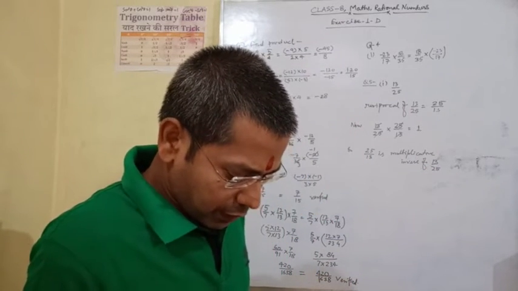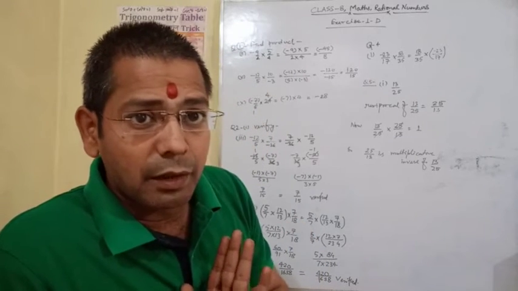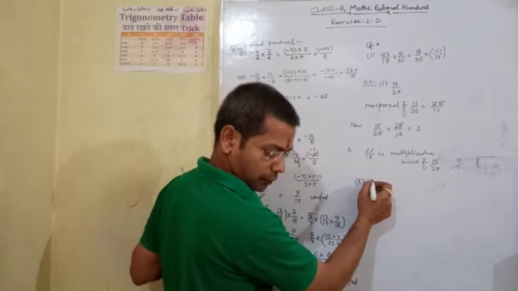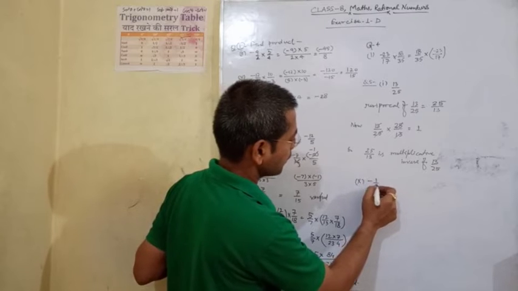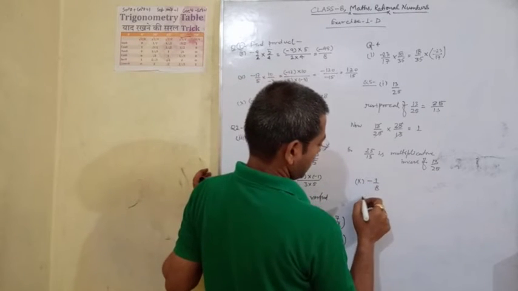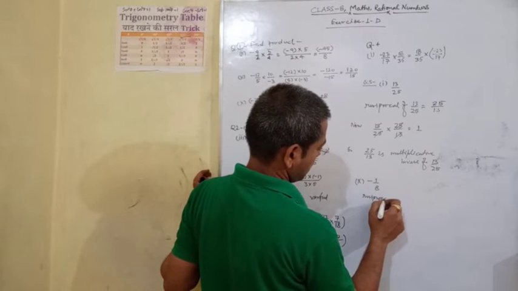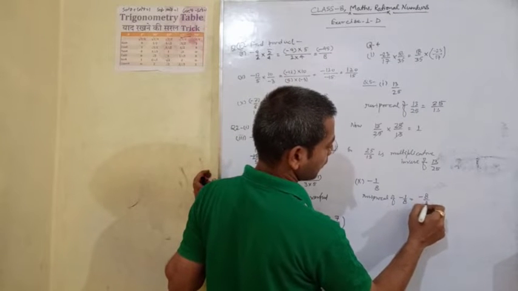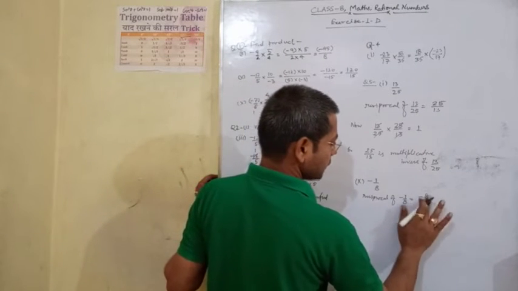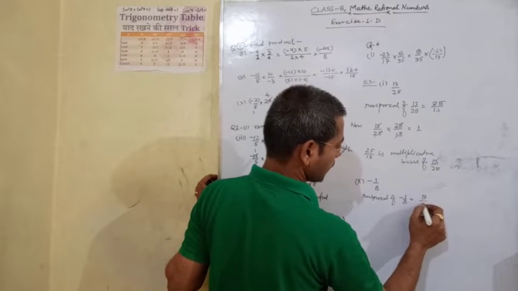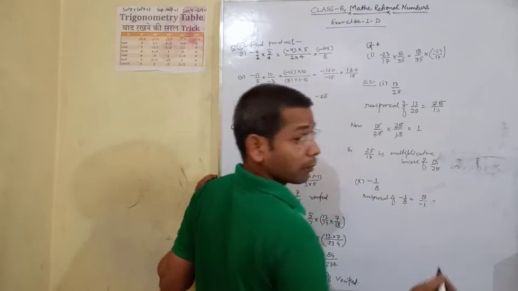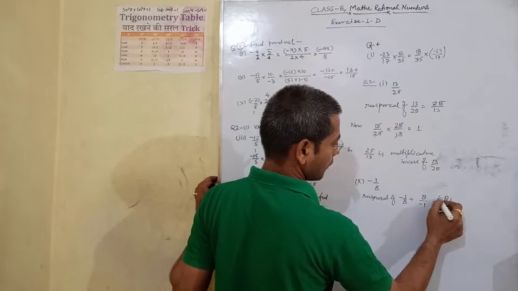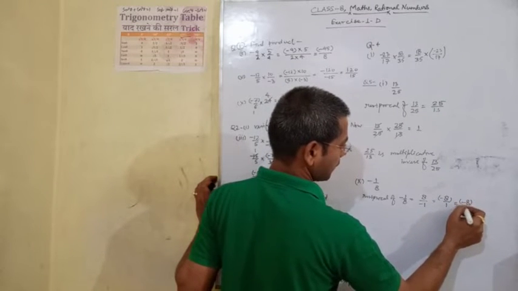In the same way, there are 10 parts. The last one more part I do: 1 upon minus 1 upon 8. The reciprocal of minus 1 upon 8 is equal to minus 8 upon 1. Or we can say it is 8 upon minus 1. Minus will come up because the denominator cannot be minus. So it will be minus 8 upon 1. Simply we can say minus 8.